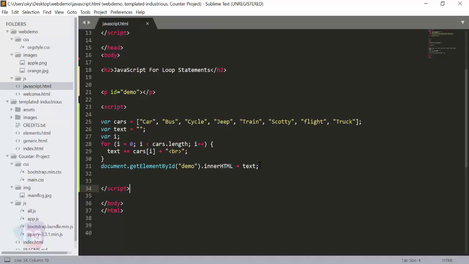With this wonderful for loop implementation, will it matter to you whether it is two products or 2 lakh products or 2 million products? It will be taken care of.